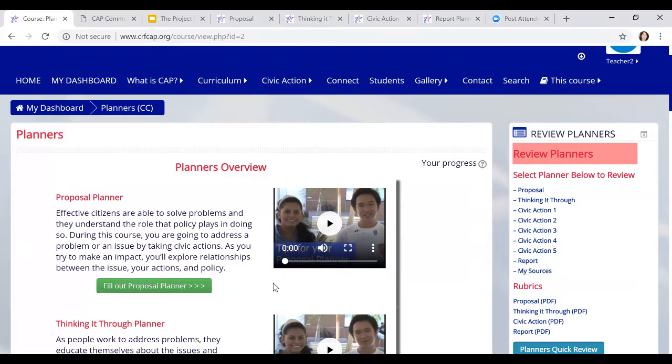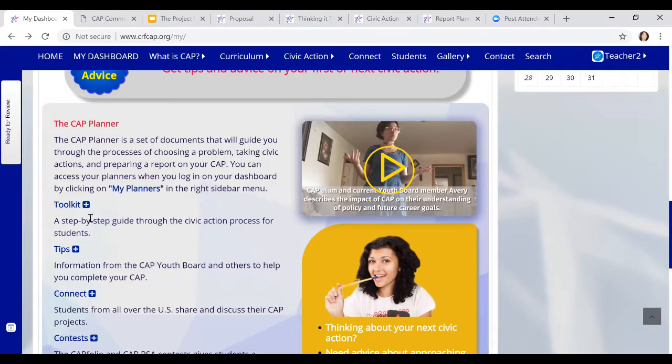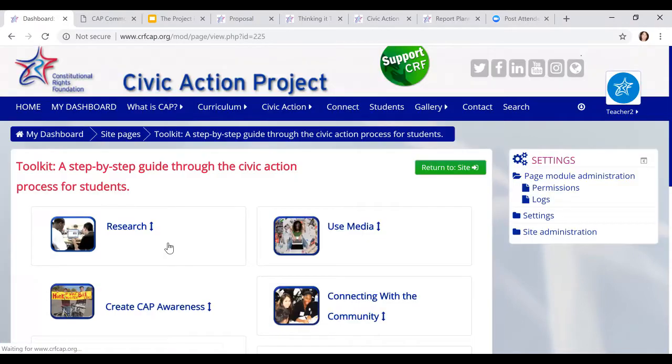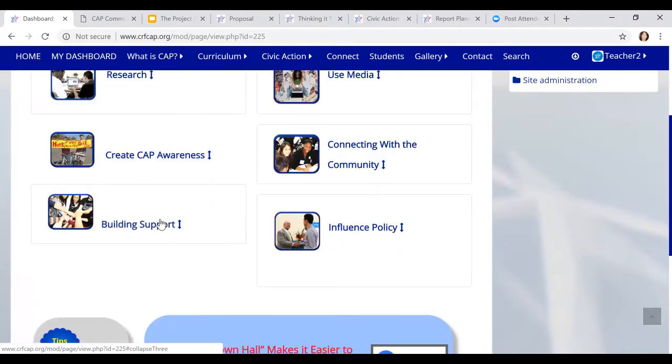Again, this student dashboard is something your students will have access to as long as you upload a roster and create an online classroom here on the CAP website. The point is to do what Patty was describing before, which is that the kids really have the space to take a lot of self-direction and to work independently. You are there for support as a coach, and to remind them of the resources that are already available to them. So besides the planners, there's the toolkit,